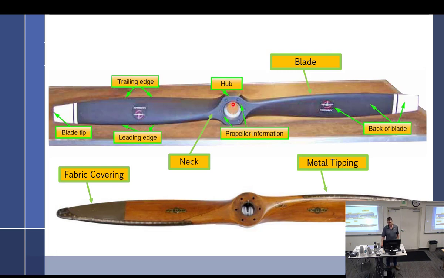We have the hub bore. The hub bore is on a fixed pitch prop. On a metal prop, it's the size of the bore of the crankshaft, so that it fits over the pilot of the crankshaft. Wood props, we have to be concerned with that bore getting worn out. You don't really have a bore per se like that on constant speeds or the other ones. It's more of an attach point. We have the bolt holes.